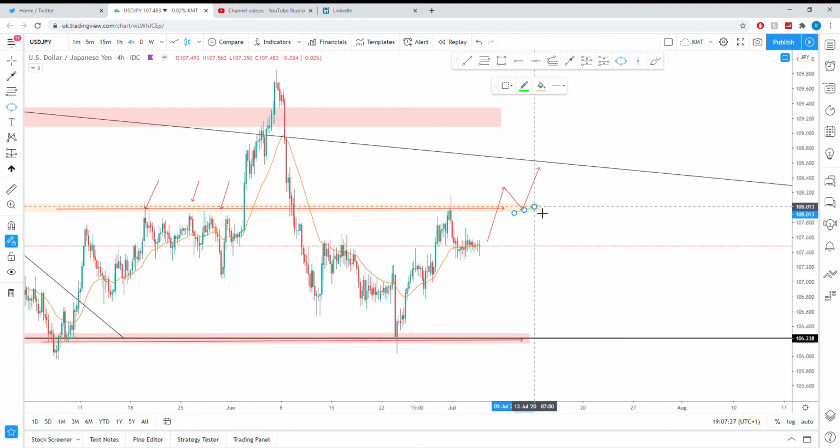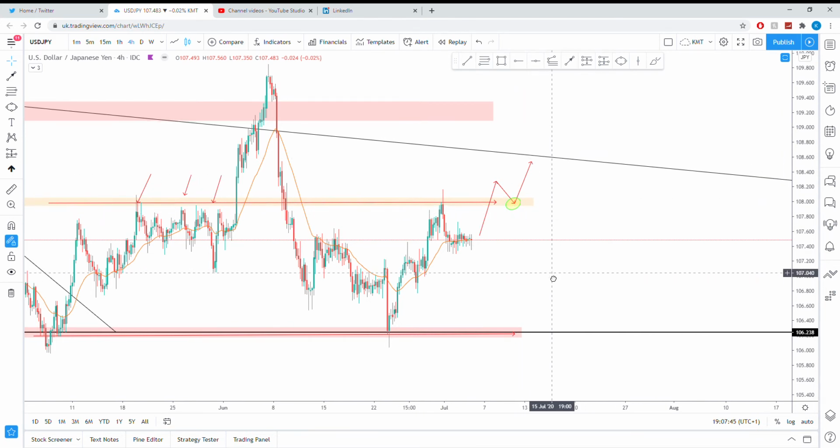So this level again in the market is of very much importance for myself. I'll be keeping a good eye on this zone. So this is roughly at 108. This level needs to be broken above on the 4-hour time frame before we find the retest, and then again